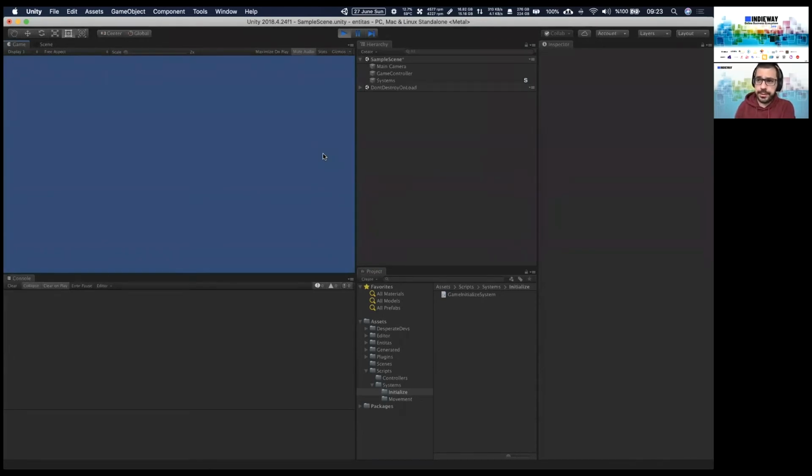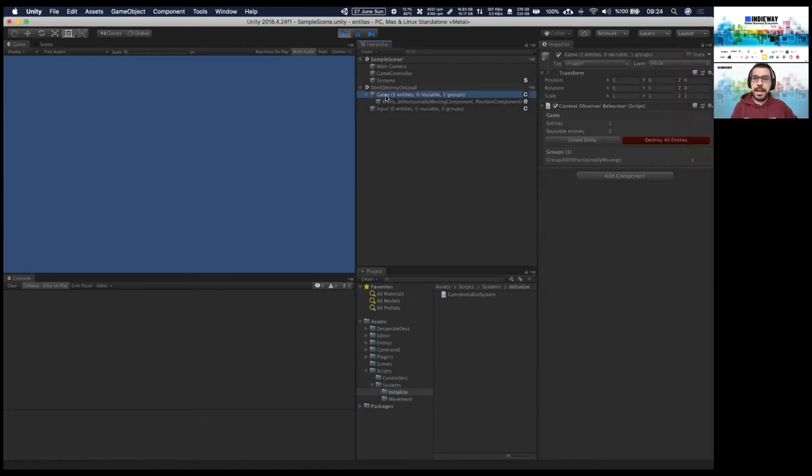You do not see anything on the stage, and it's quite normal. There are only entities here because in Entitas there is no game object transform feature. These are all blank entities. However, a good side is that you would see we have a game context.